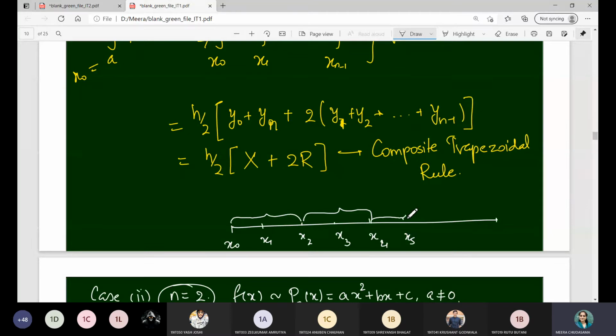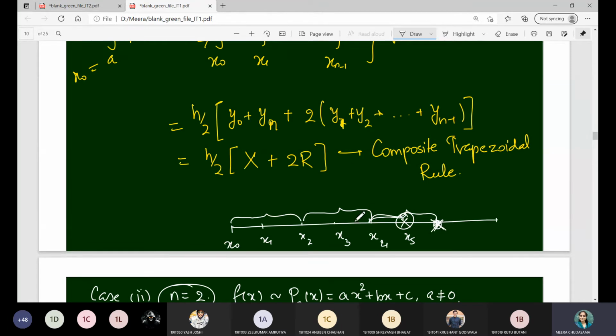Then here it is half of the length. We don't have this point. Actually, we require this point to evaluate the further calculation. If you avoid these points in the calculation, your approximation will not be better, right? So you can't avoid this point. And if you want to evaluate this interval, you have to include this data point, but it is not given.